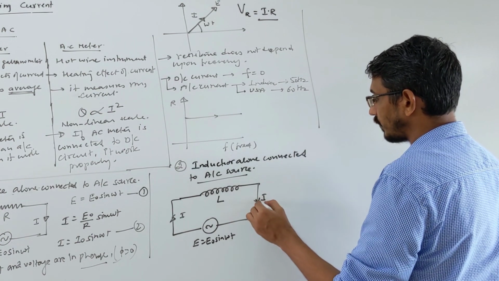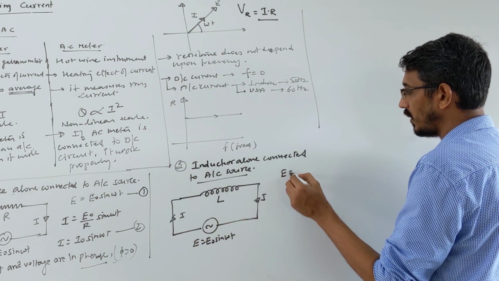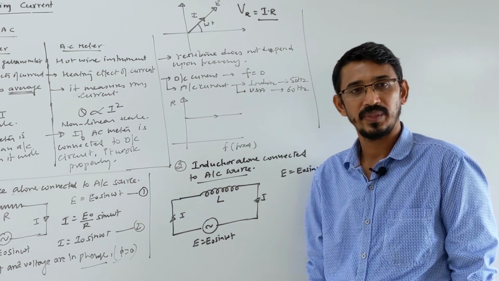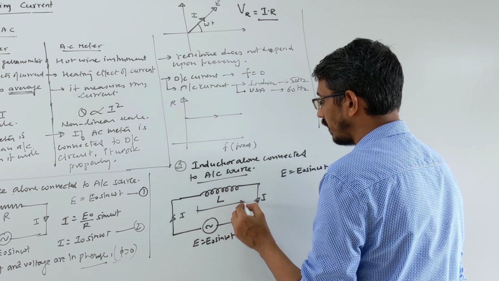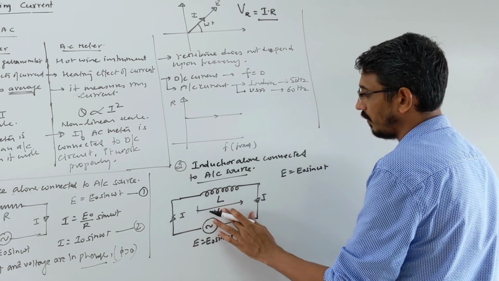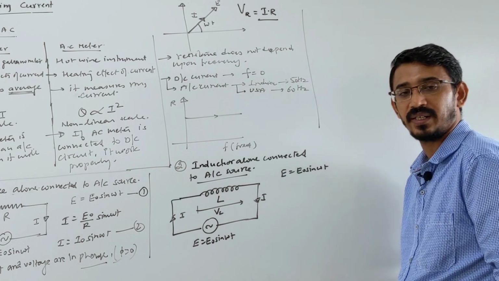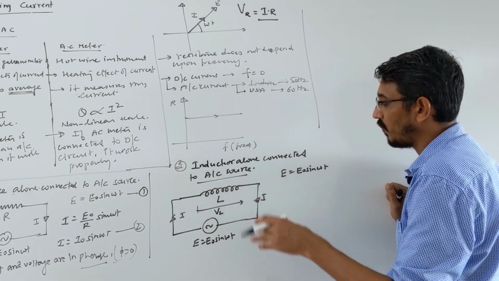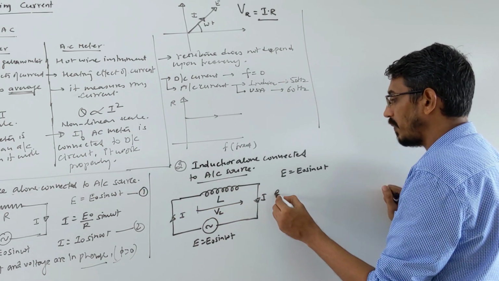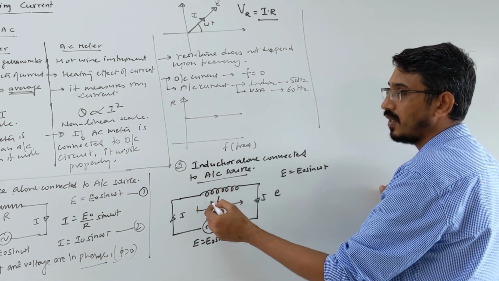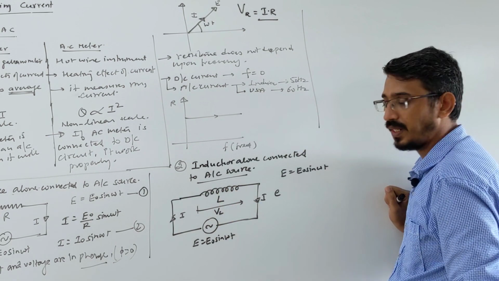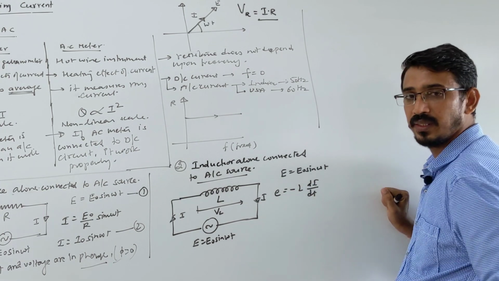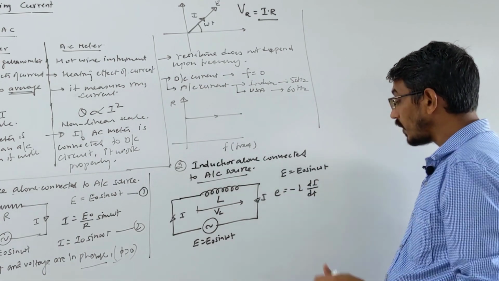So look carefully. The potential equation in front of you is E equals E naught sine omega t. You want to write the current equation. Suppose the voltage drop across the inductor is called VL. Remember the last topic: when current is growing, the flux changes and an EMF is induced. What is the formula? Minus L di by dt. Remember this? Yes.